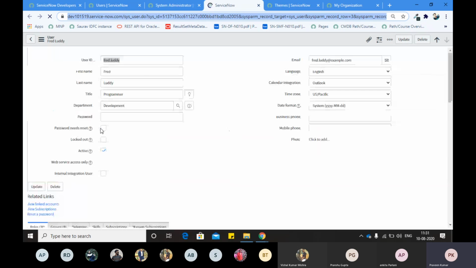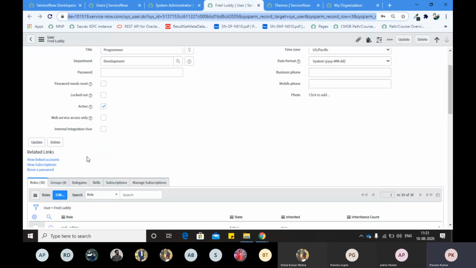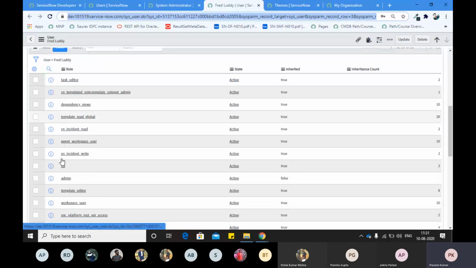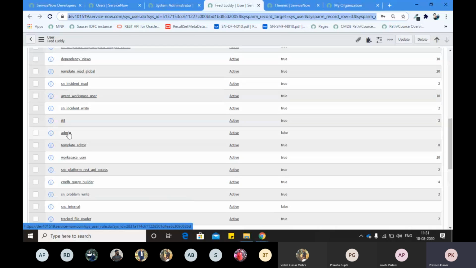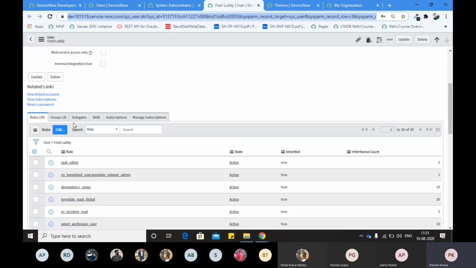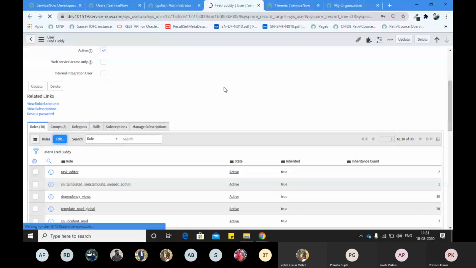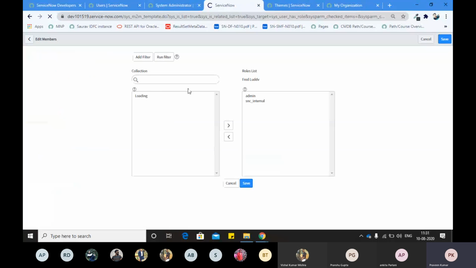It has around 30 roles, right? It also has the admin role. Let me remove the admin role from this user. So I will click on the edit button in that related list.